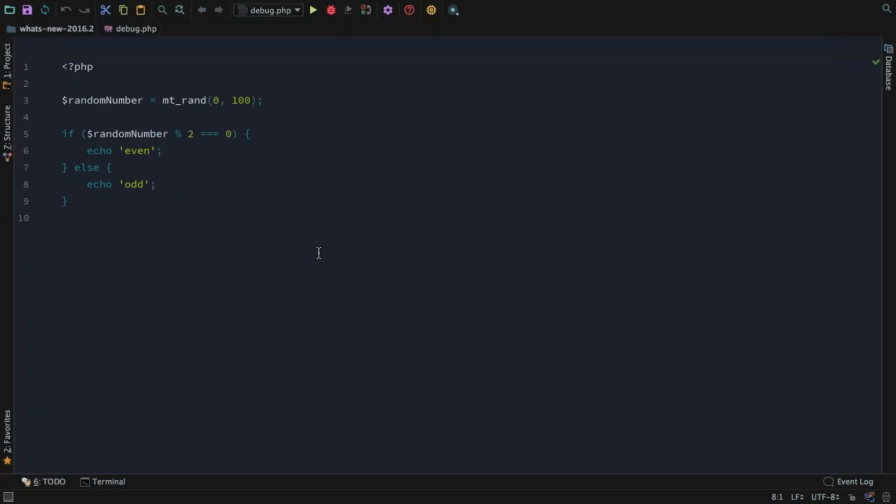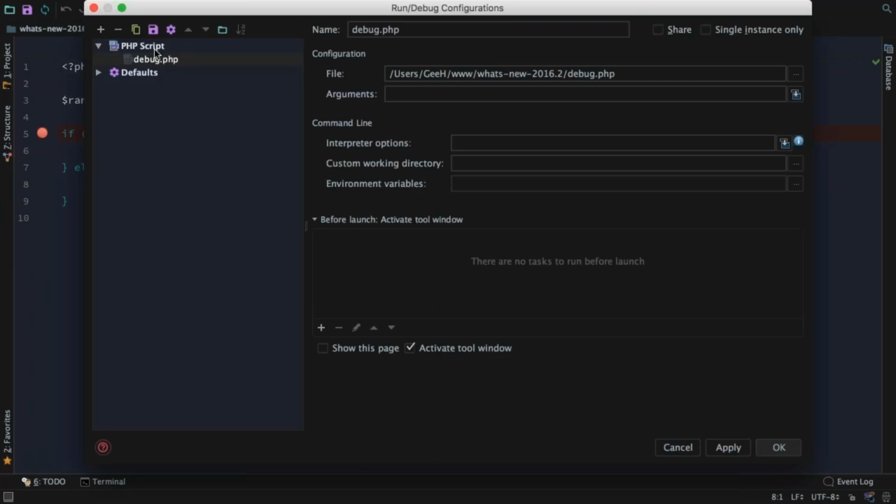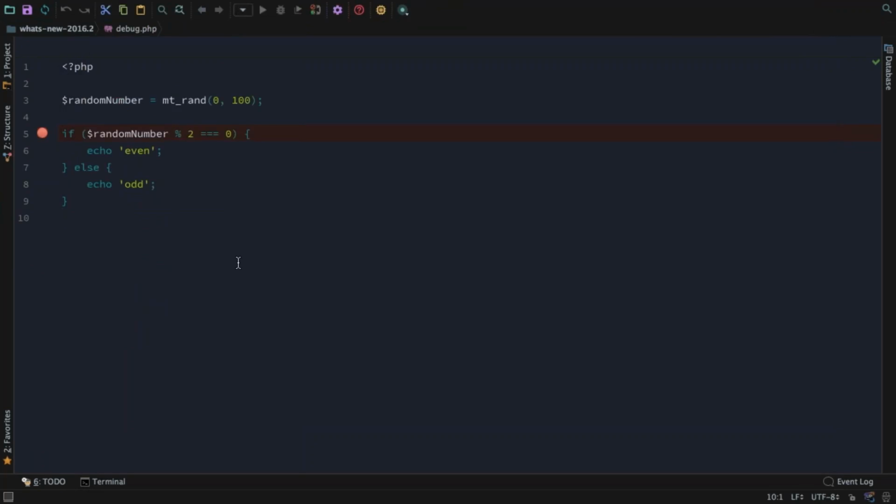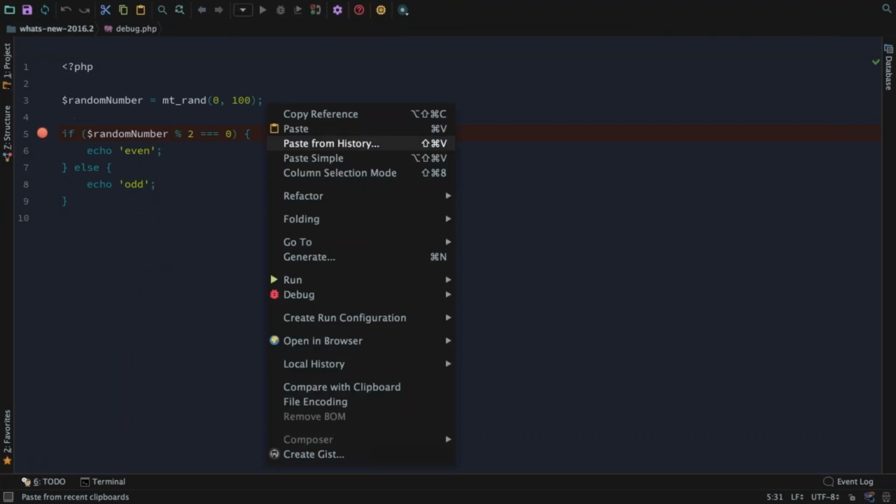So if we go back, really simple script. All I'm going to do here is set a breakpoint. Okay, I'm going to edit configurations and remove this, even though I thought I just did, because I want to show you that it is that easy. So I have no run configuration set up, nothing. I'm not going to listen for debug connections like I would normally need to do. All I'm going to do is right click on the script and go to debug, and you may not be able to see this so well in the webinar or the recording, but there are two options here. One is to debug this as a